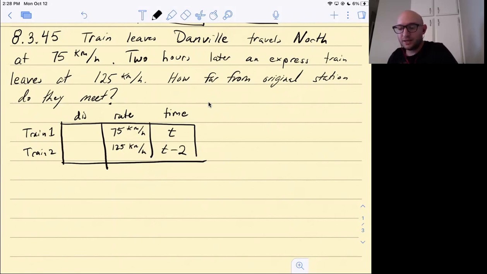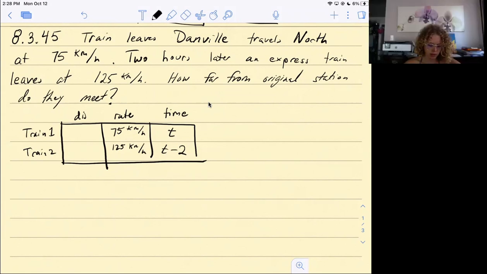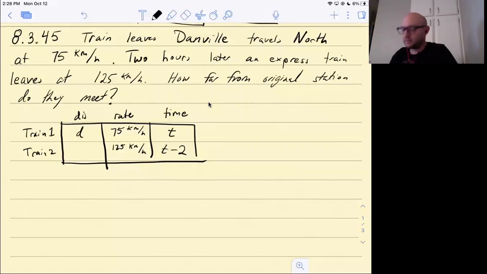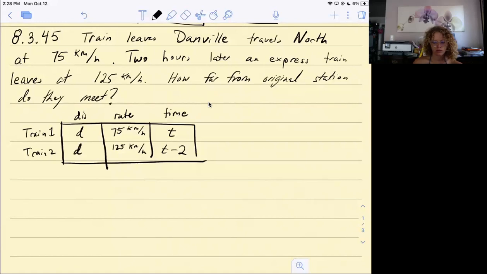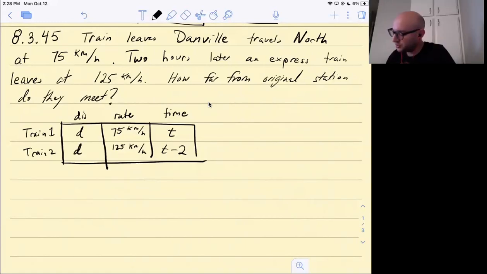Okay, and then Lily, what about the distances? What should we set up for that? Just the same distance because they're leaving from the same spot. Exactly, and we're waiting until the moment that they meet. Perfect. Okay, now this is 2 equations, 2 unknowns. And sometimes with these, they're really nice to solve because you can use substitution if you want. So we plug that in.